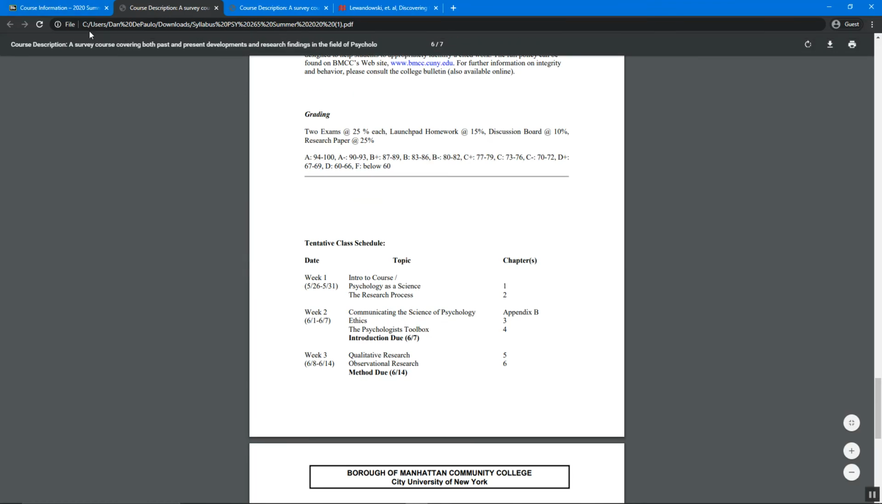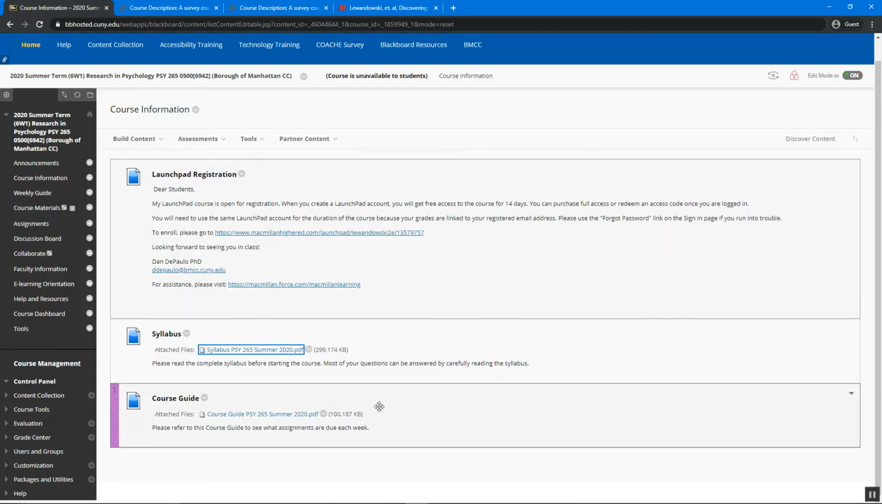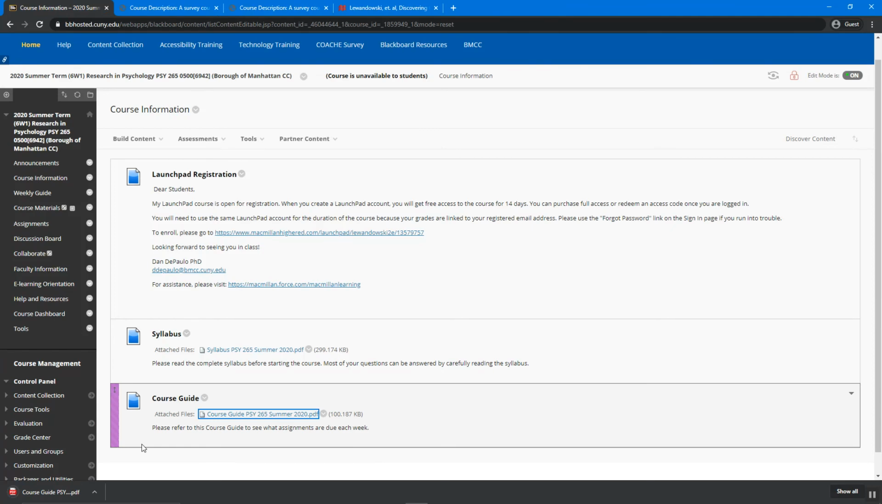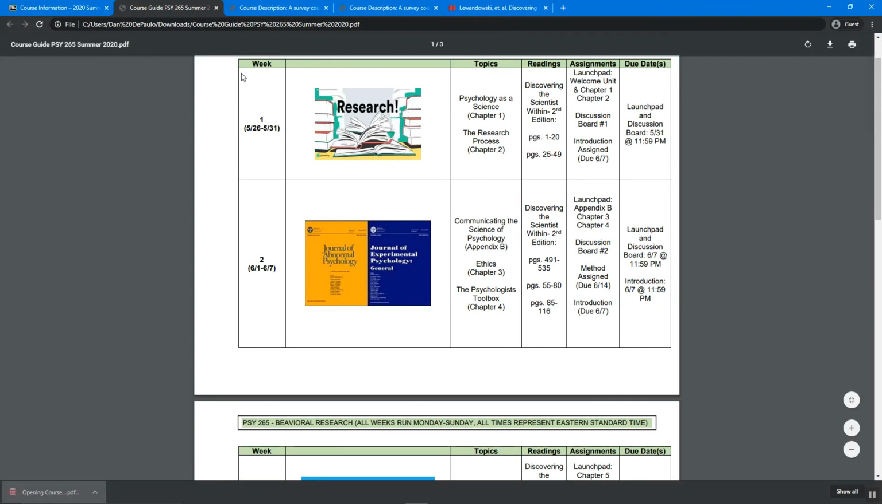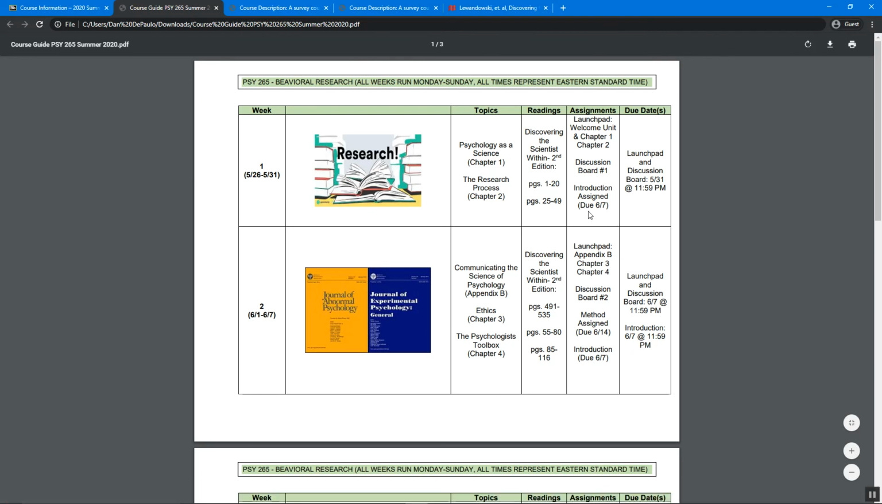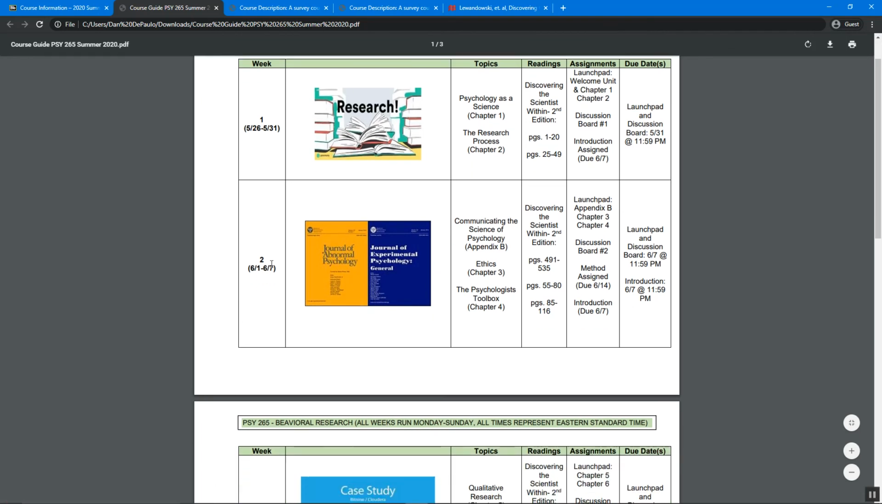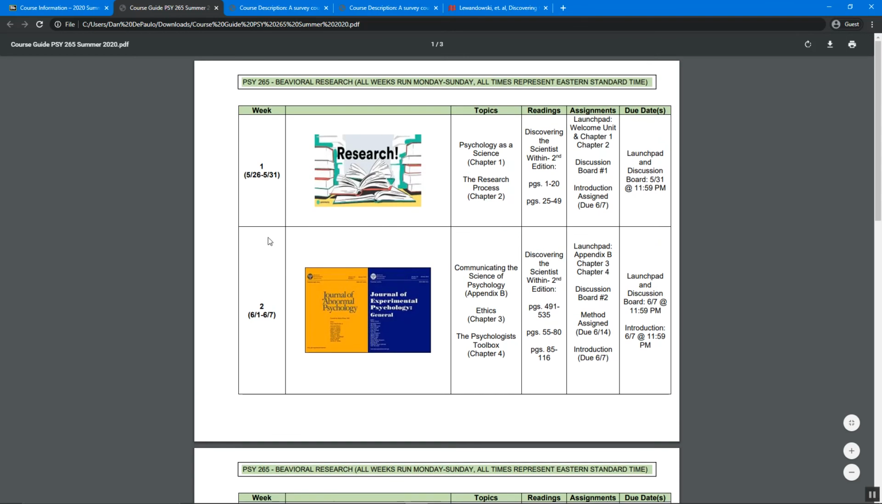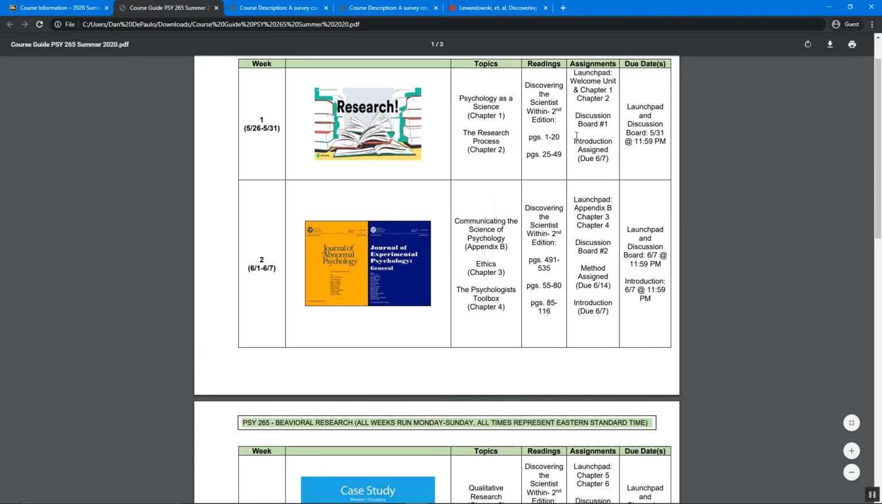So that's the syllabus. The course guide is the to-do list that I showed you before. So this basically tells you each week what you have to do. And I also put this into the to-do list, which is in every week. I basically copy and paste it into every week. So this course guide is a good aid here to tell you what you need to do, what you need to read, the assignments that are due